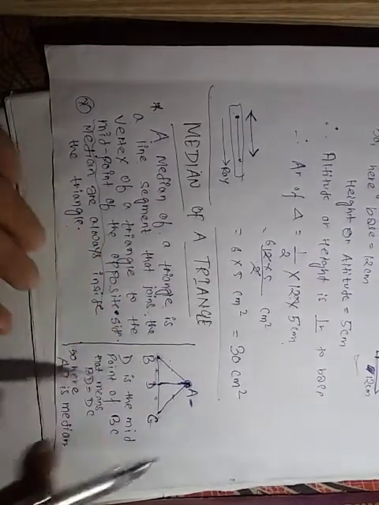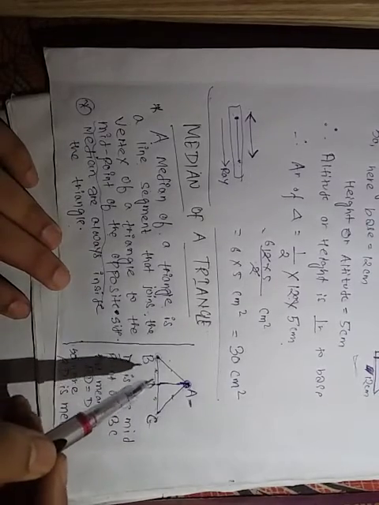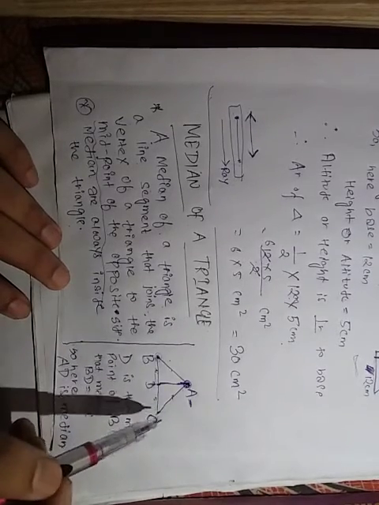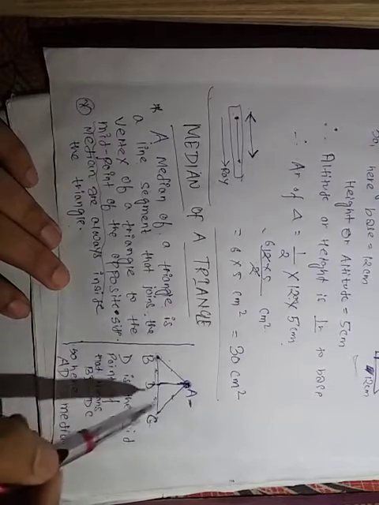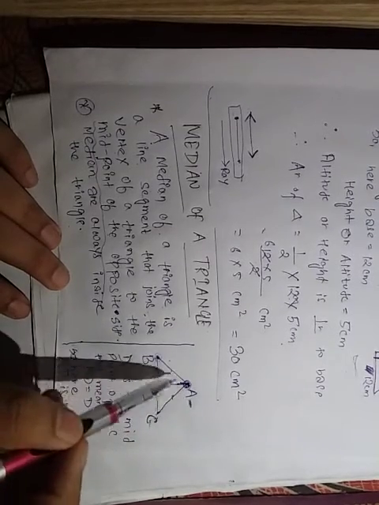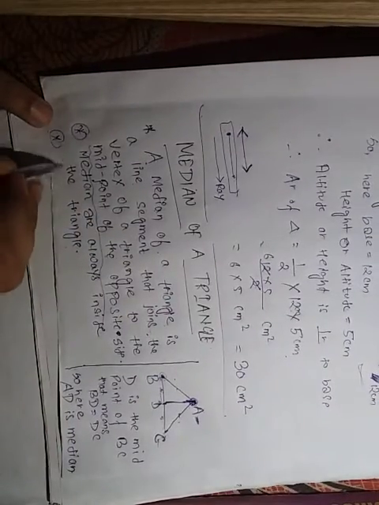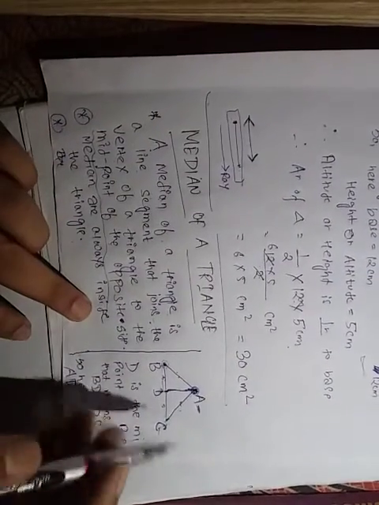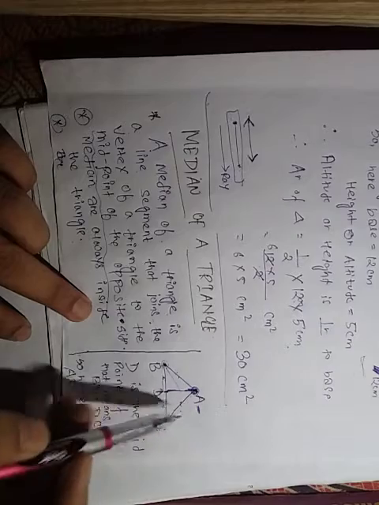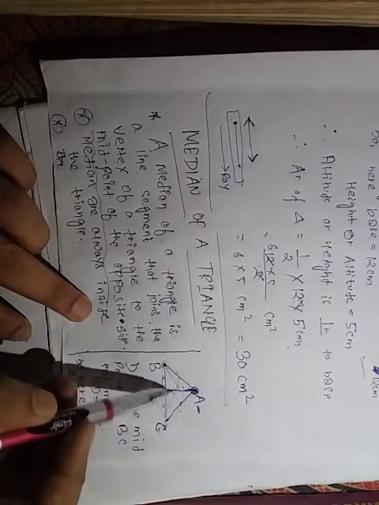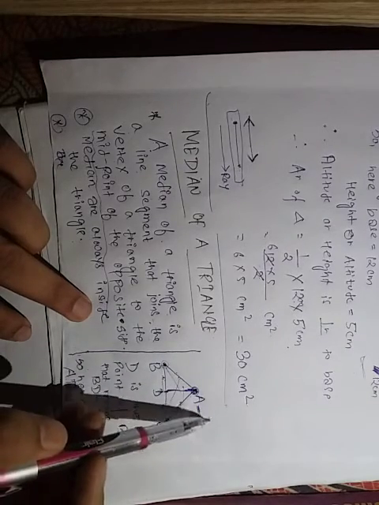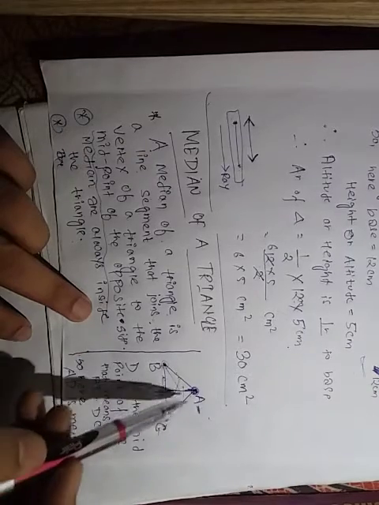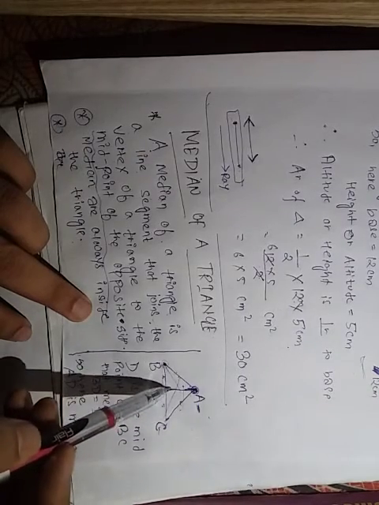also a median. So in a triangle the number of medians is 3, as there are 3 vertices, there are 3 sides, so there will be 3 medians. Okay, so there are 3 medians in a triangle. Now again see here, so this will be also one median, this will be also one median. Now medians are inside the triangle or outside the triangle? So medians will be always inside the triangle.